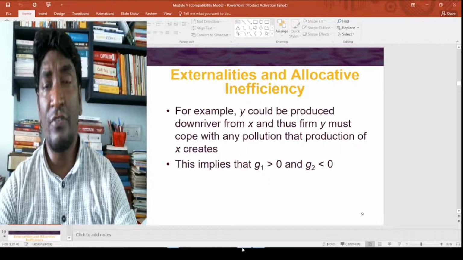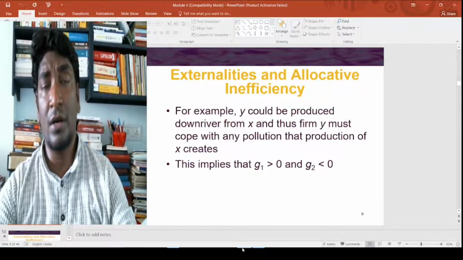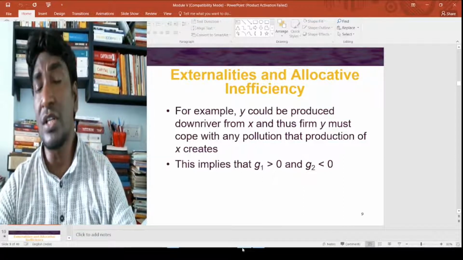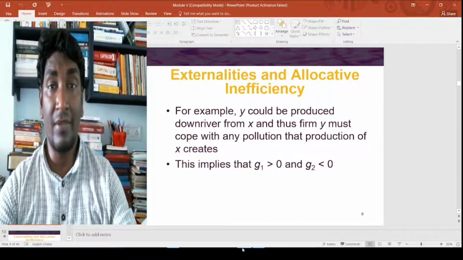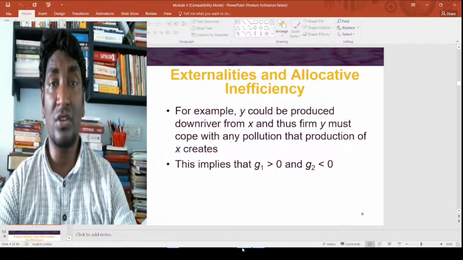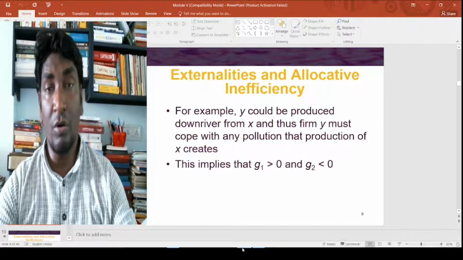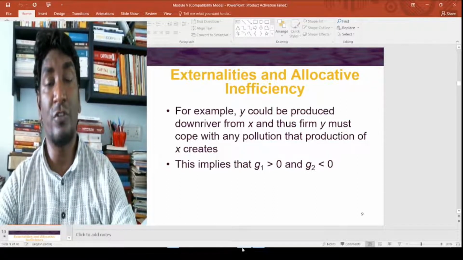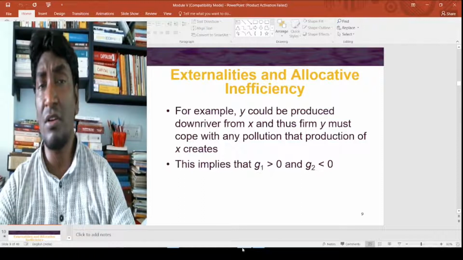For example, if a firm is located upstream, then naturally the pollutant can travel from upstream to downstream. If the fisheries or the laundries depend on the downstream, then issues will get aggravated, because they are not directly engaged in the production, but the externality affects the laundromat or the fisher folk. So this is a classic example you can see in much of the literature.